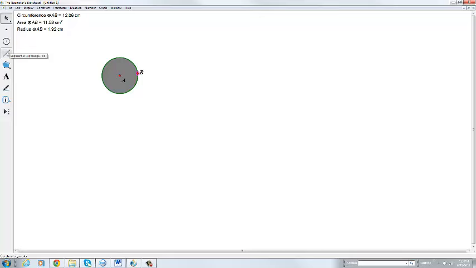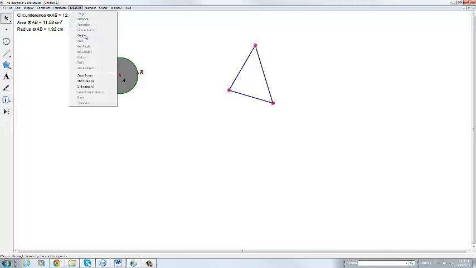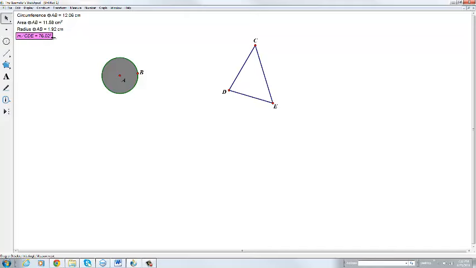If I want to make a triangle, I use the segment tool and I make a triangle. And I need to unhighlight the segment, so I use the arrow, unhighlight, and now I can do what I need to do. If I want to measure the angles, this angle particularly, I need to click in order with the angle I want to know in the middle, and then go to measure angle, and then that comes here,